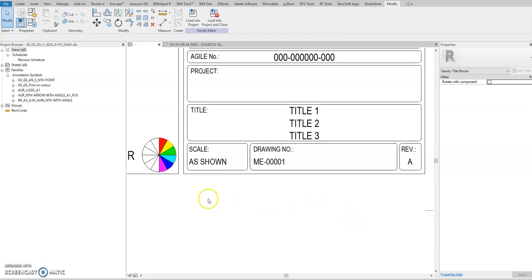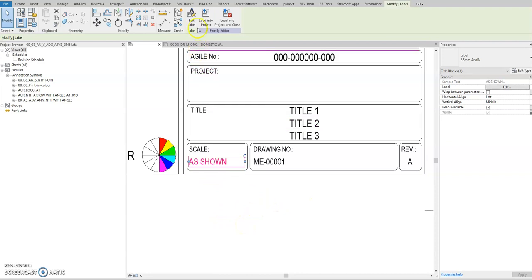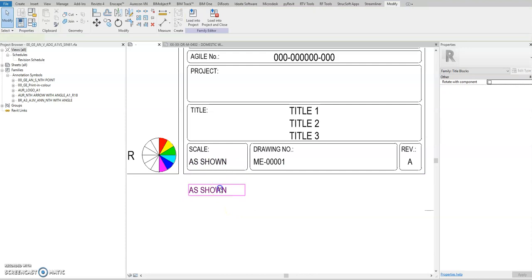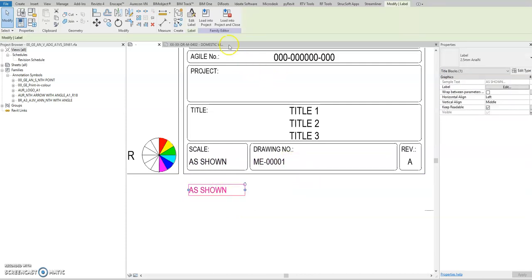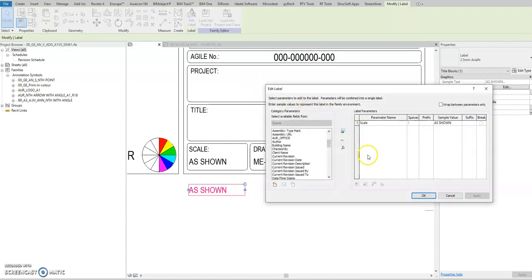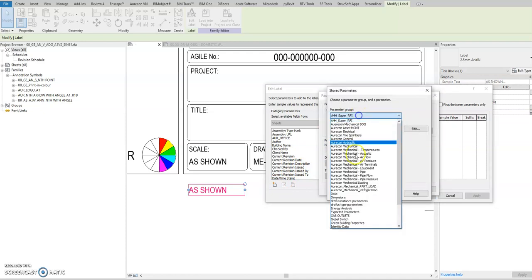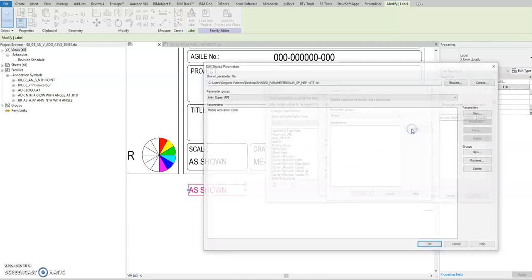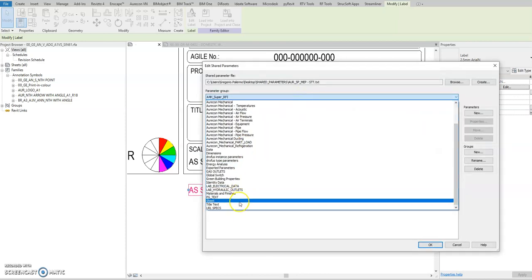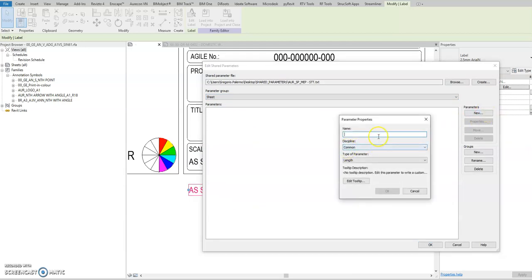the instruction is you select again this one, and then you can copy this one here below, select edit label, then you put it back, create a shared parameter, select, maybe I want to put here sheet, edit, to add there sheets, new parameter, I want to add this scale,